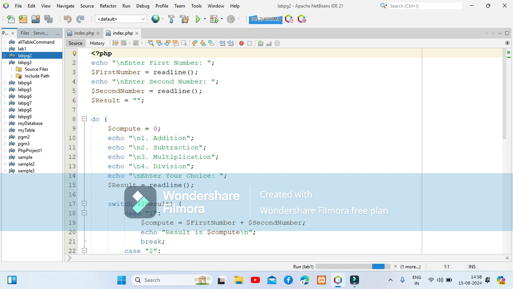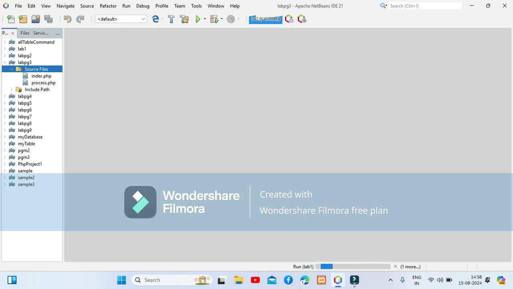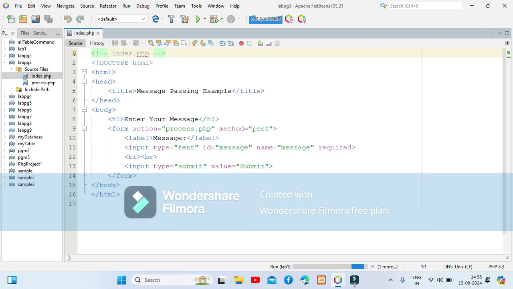This is lab number 3, and I'll just close these index files. There is no need to keep opening all other files. Now this is something called a message passing example. Now you see a form. Do you see a form? The moment you see a form, it simply means that it is our